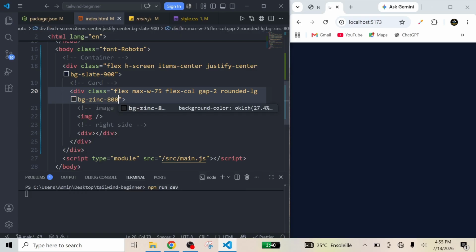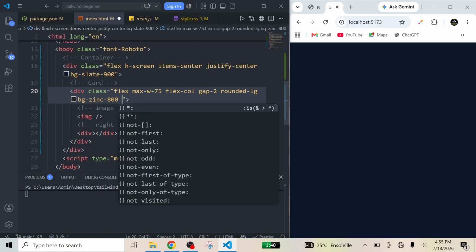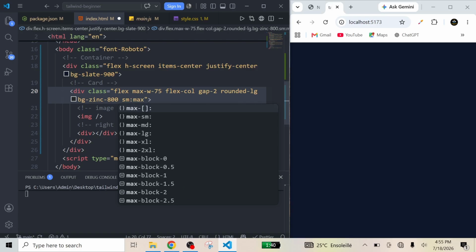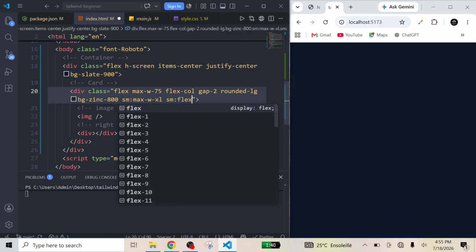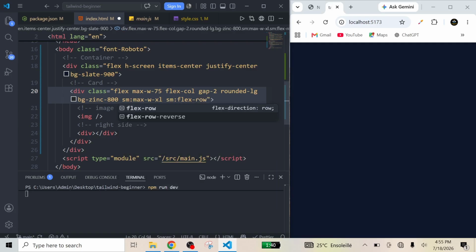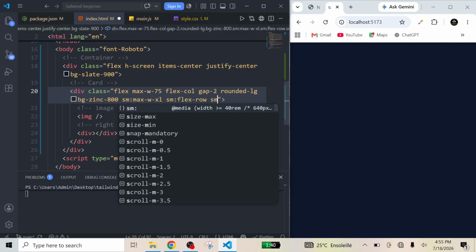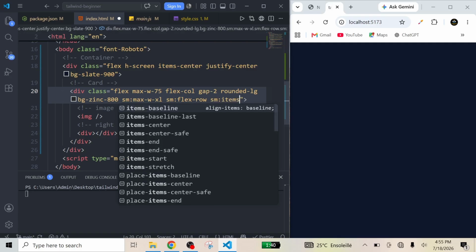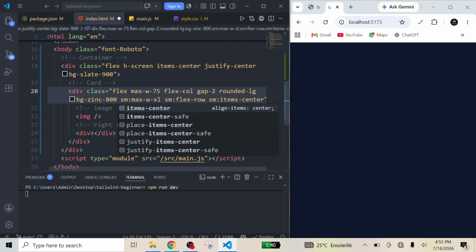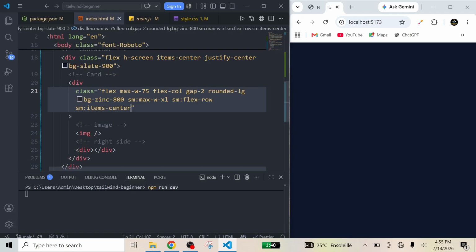Then after that, this is on mobile screen. On small screen like tablet and medium screen and large screen, I want it to be max W XL, and on small screen I want flex to be row and items to center, and I'll press enter. Yes, I think we finished with this. Then we'll go